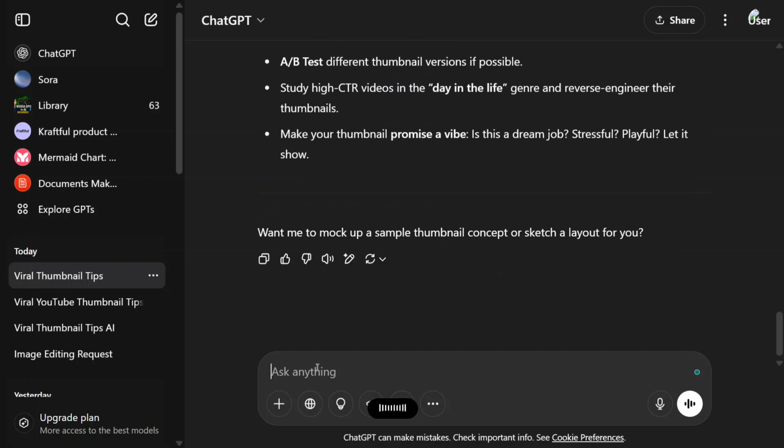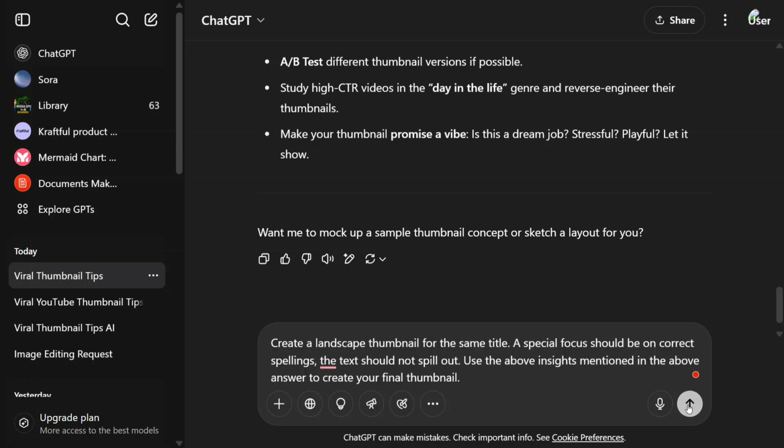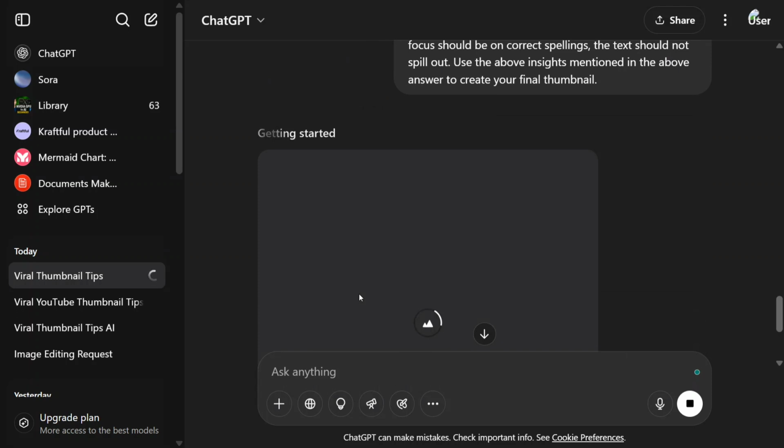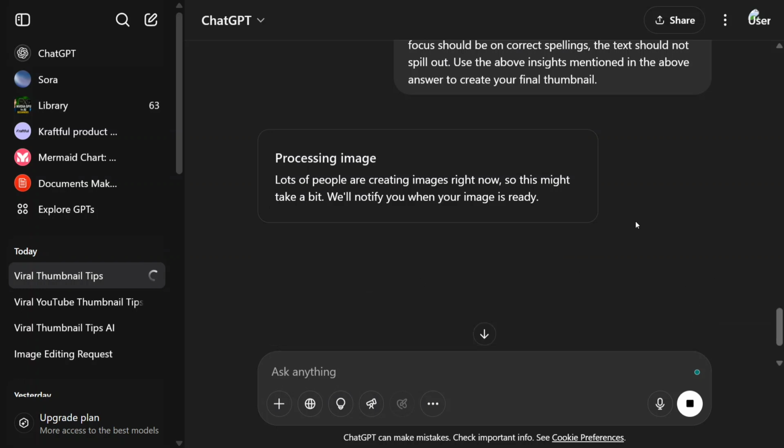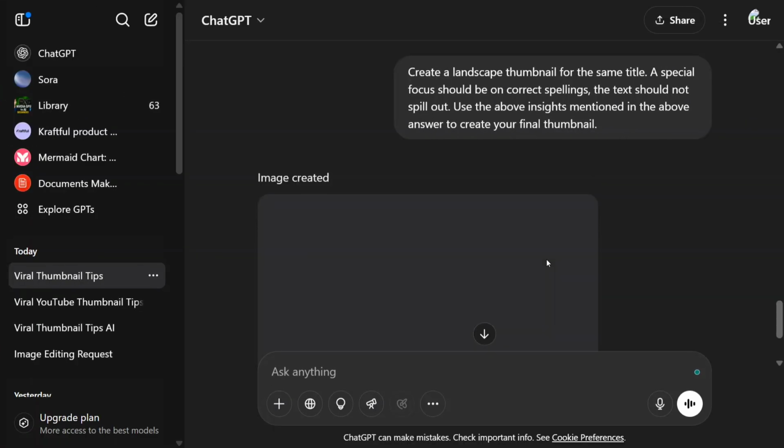Create a landscape thumbnail for the same title. A special focus should be on correct spellings. The text should not spill out. Use the above insights mentioned in the above answer to create your final thumbnail. So we will try this out before wrapping up. This is a crucial tool, to be honest, if you are into design or trying to create posters, infographics. I'm creating some infographics also. So by the time this takes time,